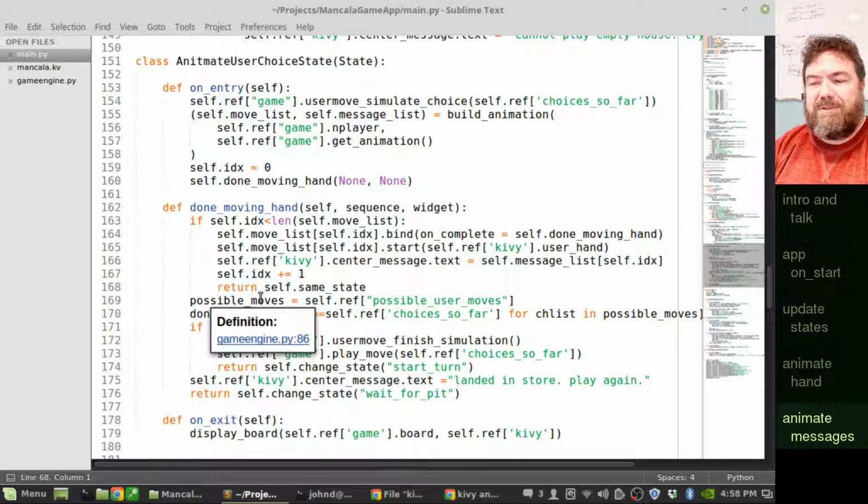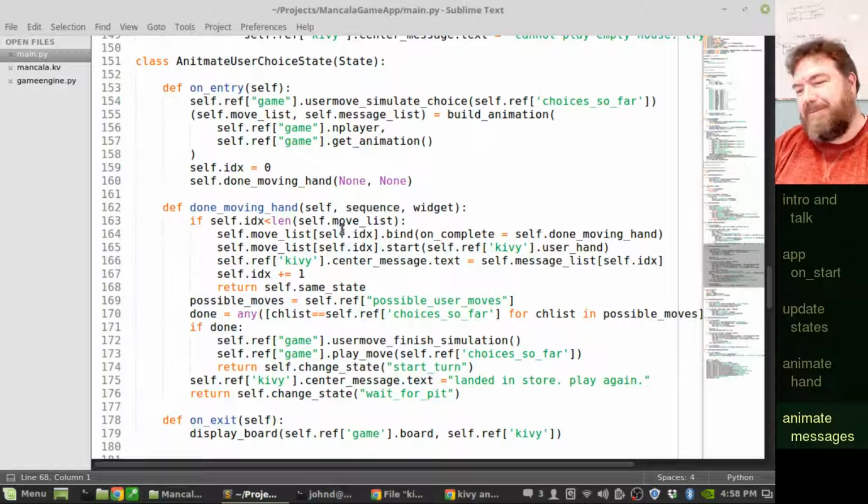Very similar setup was done for the AI, other than I don't have to deal with the half move thing. I just play the whole sequence in a row, and I can update text and that kind of stuff as we go along. So, it seems to be